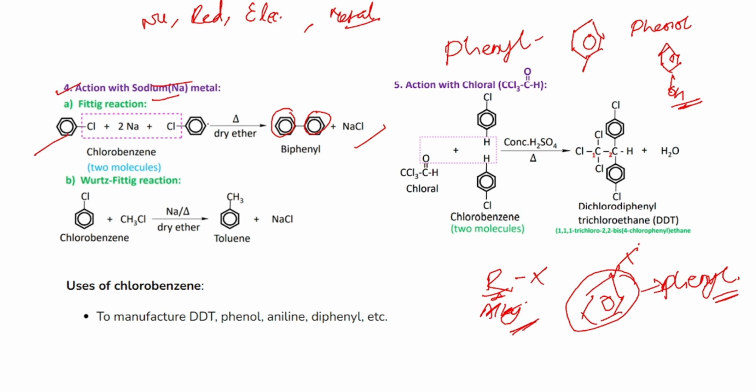reacts with two molecule of chlorobenzene reacts with sodium to gives a diphenyl and Wood's fitting reaction when chlorobenzene reacts with CH3Cl it gives toluene and NaCl as its byproduct the next type is action with chloral so chloral कहाँ हामीले योभन्दा पहिला पढाएको थियौं भने at the preparation of chloroform preparation of CCl4 preparation of chloroform मा यो सेकेन्ड स्टेपमा क्लोरल फर्म भएको थियो सो हाम्रो जुन हेलोएरिन छ त्यसलाई हामीले when it reacts with chloral it gives